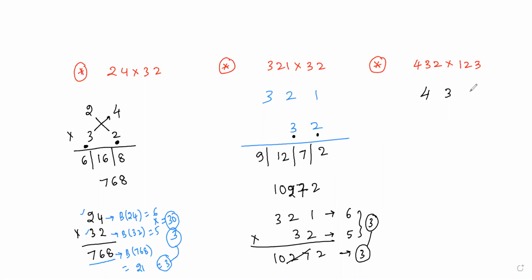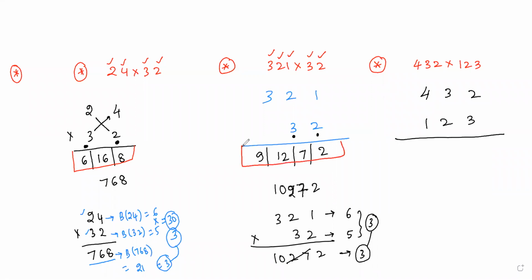So 432 times 120. Okay, right. Now remember one thing. I will tell you one important point here. If we have 4 digits, in the answer we have one less than that. 1, 2, 3, 4, 5, 5 digits are there, answer blocks will be 4 digits. In this case, we have totally 6 digits, so 5 blocks must come. More than 5 blocks or less than 5 blocks will not come. That means you are doing something wrong or you missed some steps somewhere.